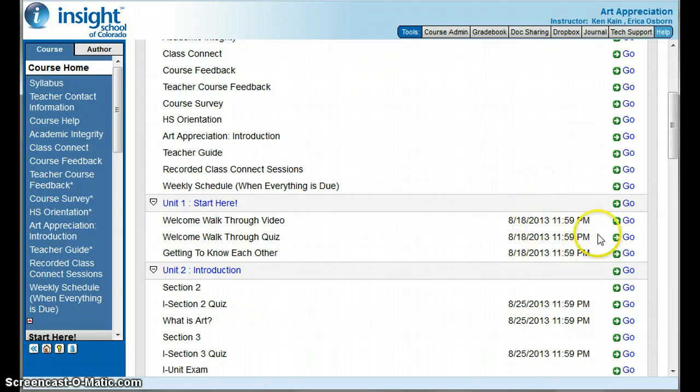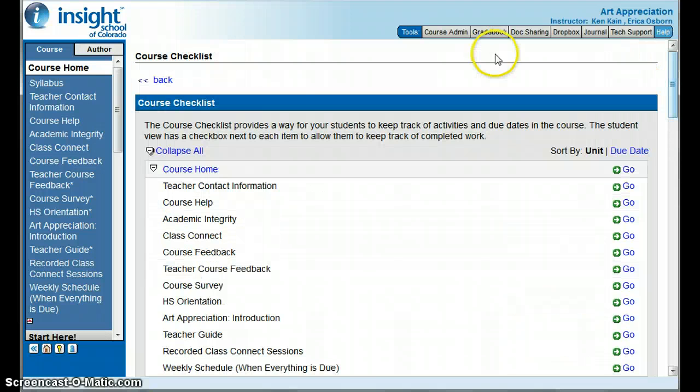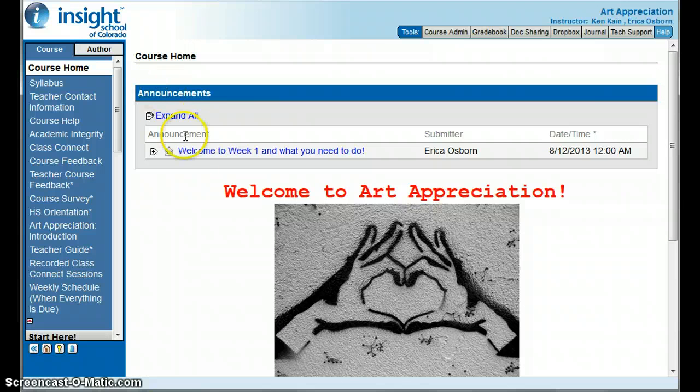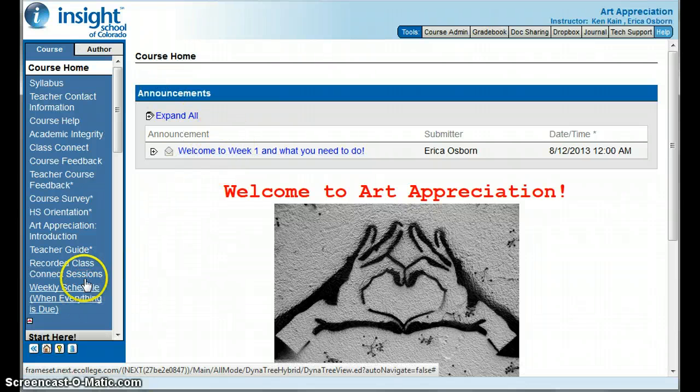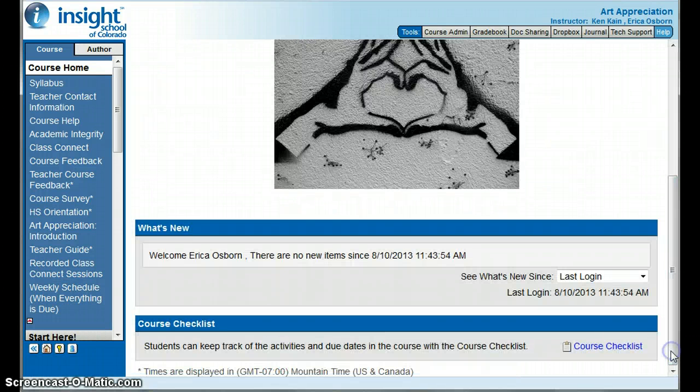Now, once this date passes, this will turn to red, and that means that it is overdue now. Okay, so those are the three places that you can find what you need to be doing that week. Once again, announcements, weekly schedule over here in the left-hand navigation, and then all the way down in the bottom right corner at the course checklist.